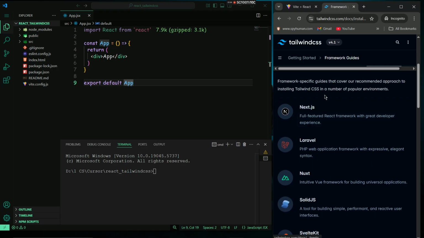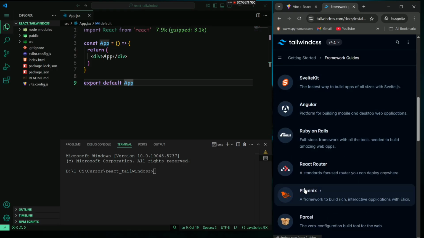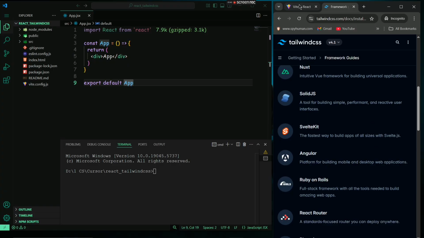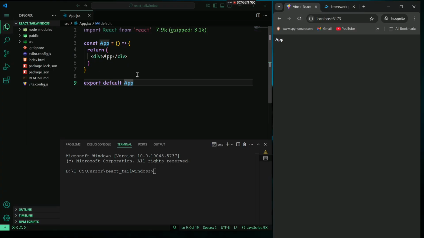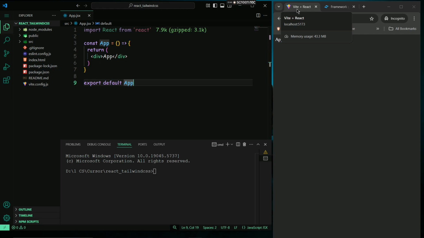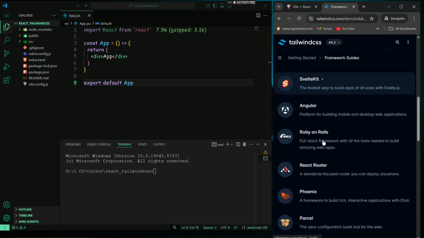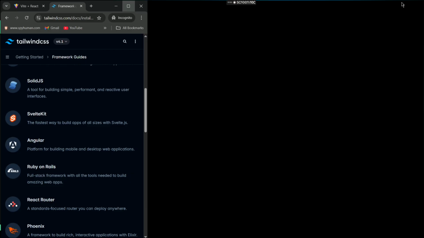But we created our application with React Vite, Vite or Vite, whatever you say, but we cannot find it right in the frameworks guide. So how can we find it? Our project is made by Vite plus React. So we will go down and we can see